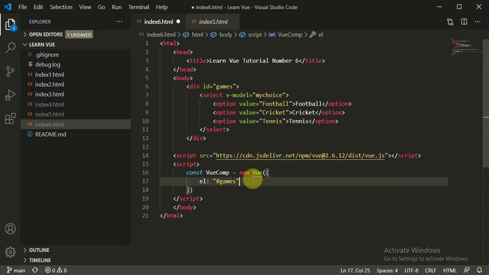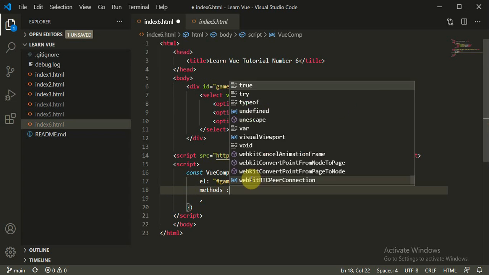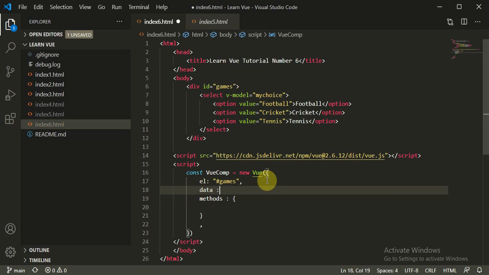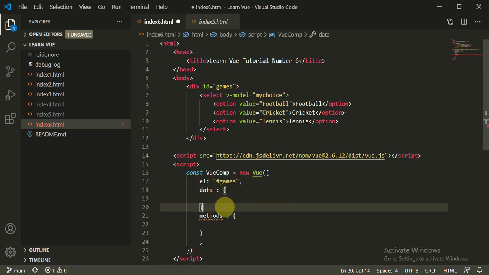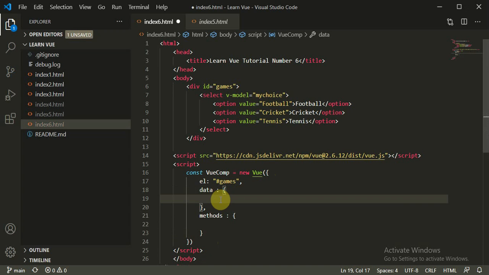We'll have methods and data. So we'll give the data myChoice